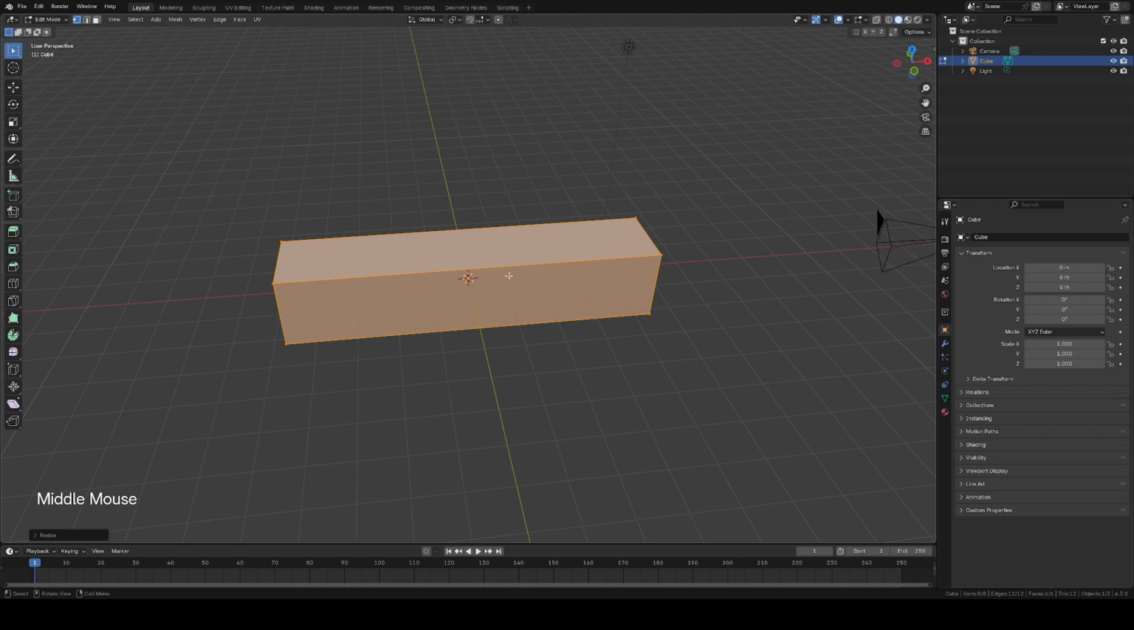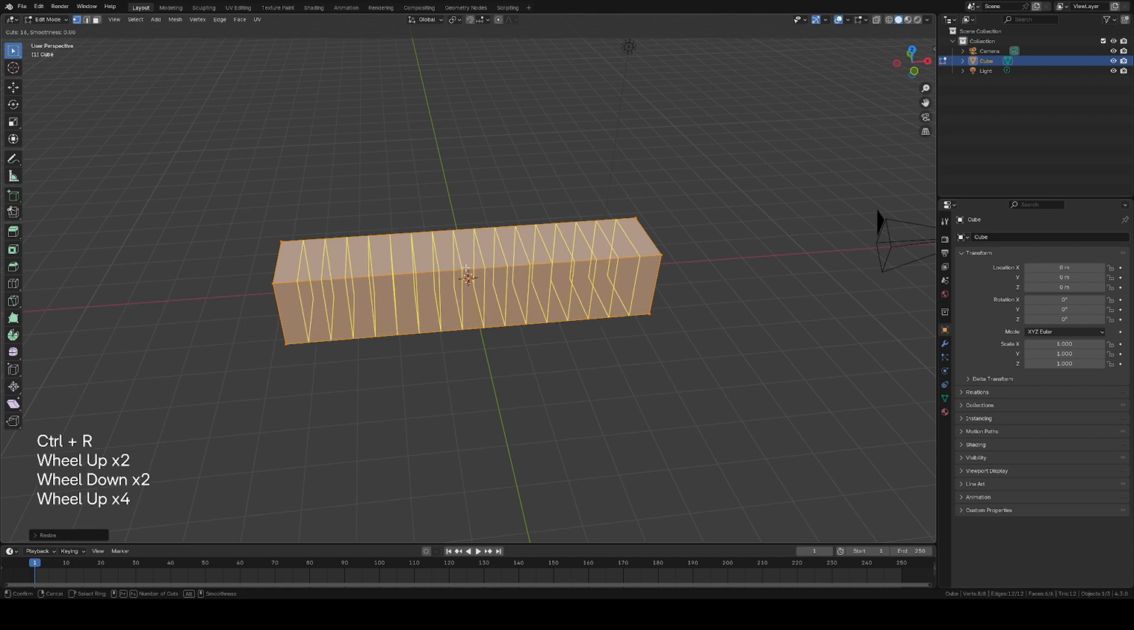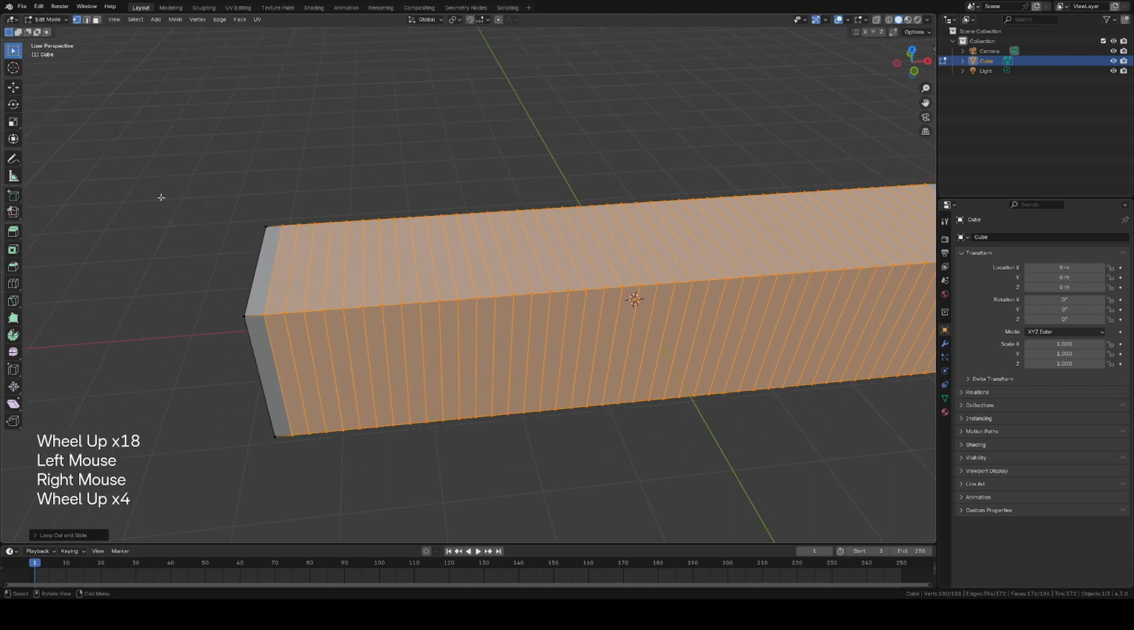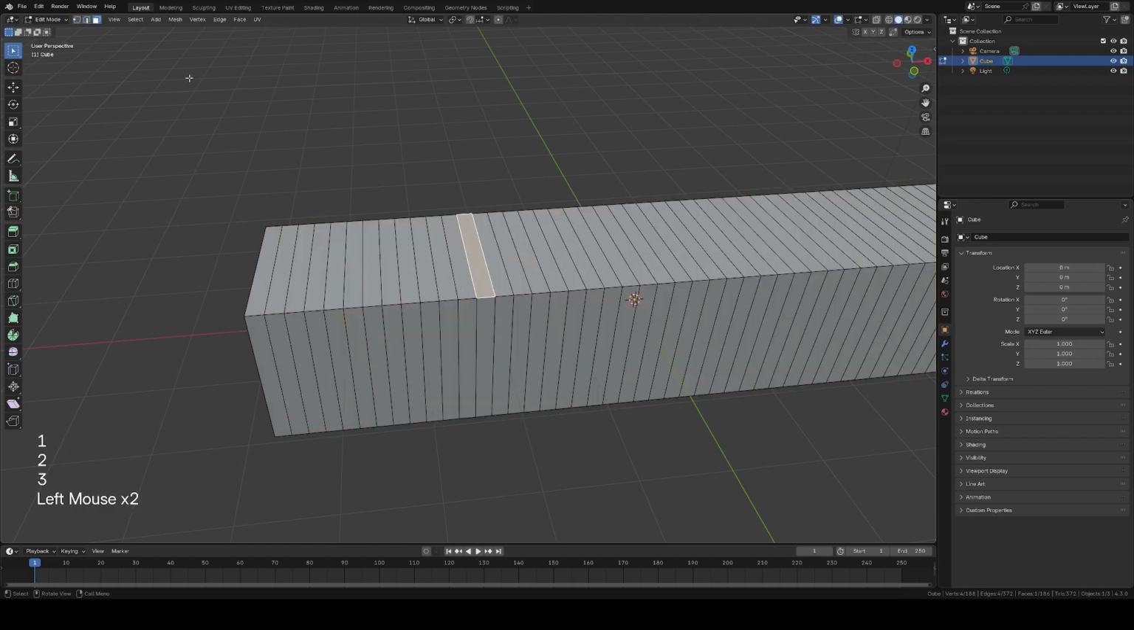And then hover your mouse over here, and then Ctrl+R to add a loop cut. Then mouse scroll to increase the loop count. Add more loop count. Okay, got it. Then you can change the selection mode to vertex, edge, or face, or you can also press the keyboard 1, 2, 3. So 3 is face, 2 is edge, 1 is vertex. Okay,